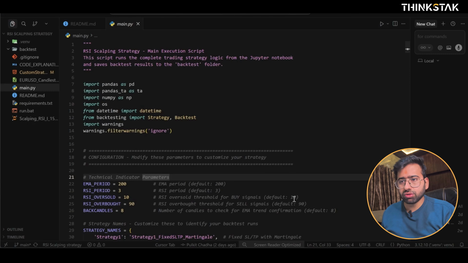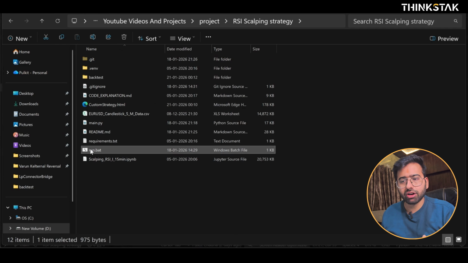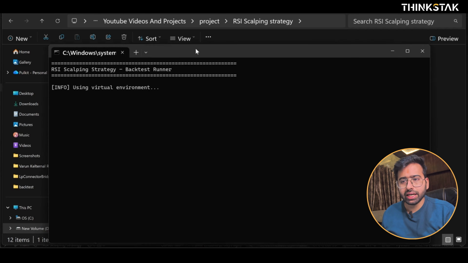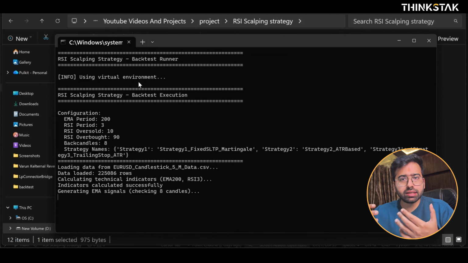Now I will take you to the code. First of all, let me run it and explain you how to run it. So there is a run.bat file. You need to double click on it and it will start running. It will create a virtual environment and install all the important dependencies and start calculating indicators on the data that I have provided, and then give us the backtest result. Meanwhile it does that,